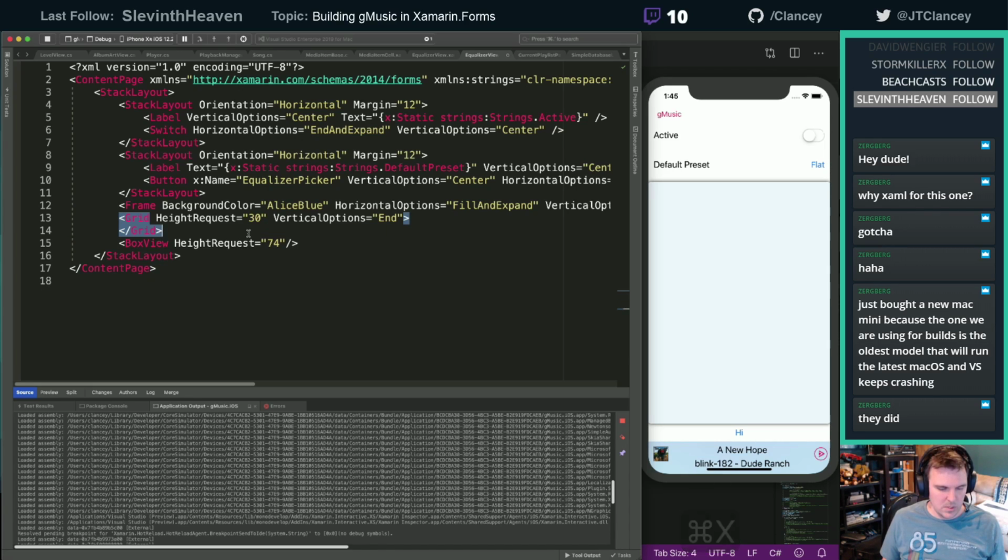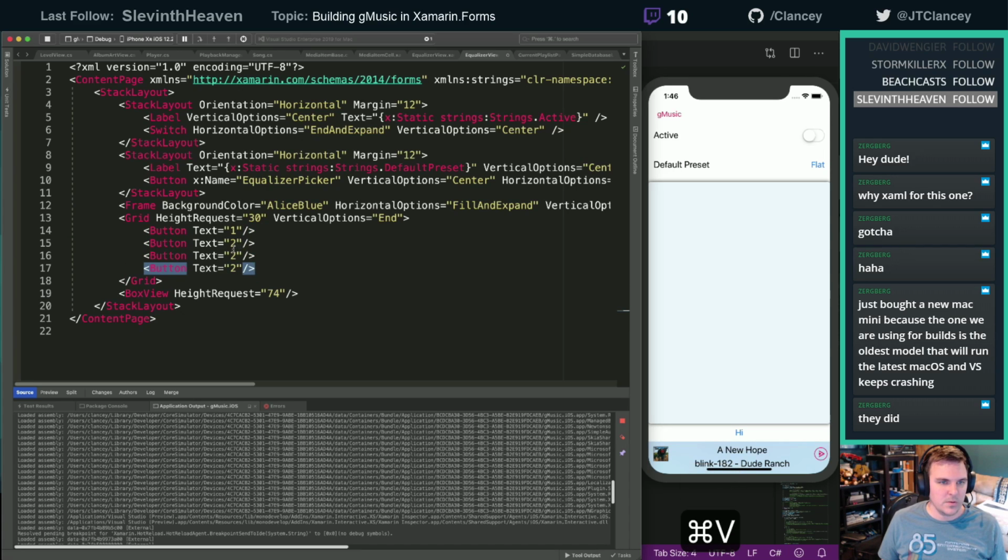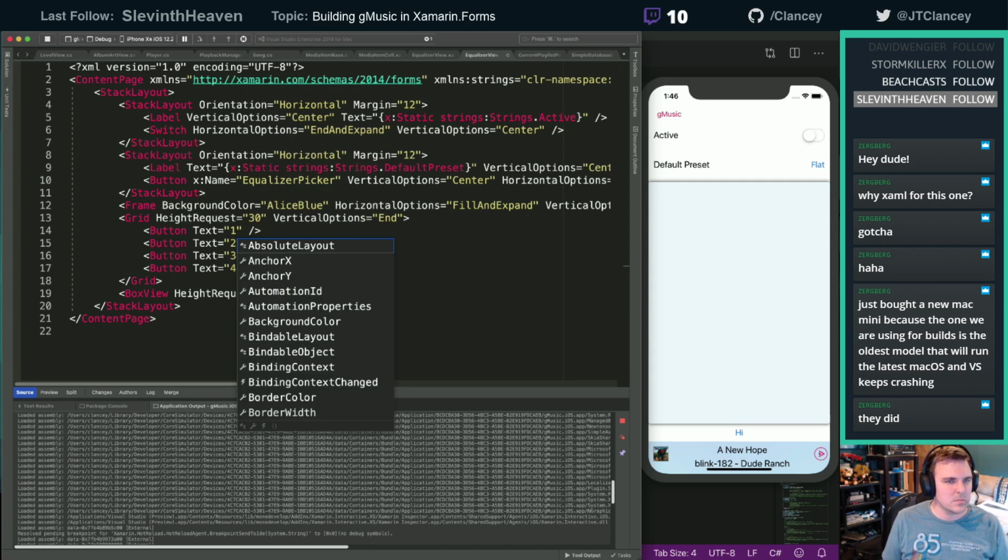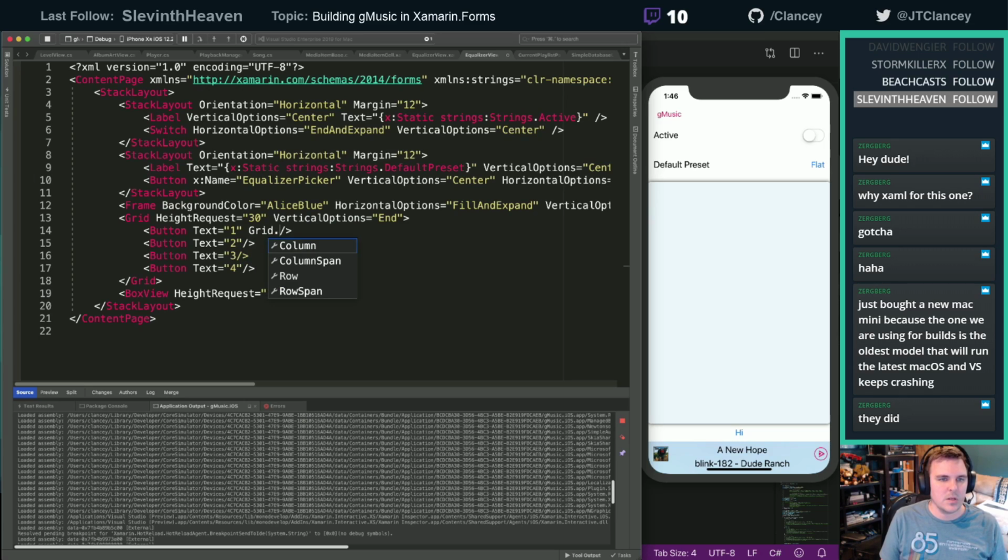Oops. Whoa, undo, undo. 1, 2, 3, 4. Okay, now we need to do grid.column. We only need this on the last 3.